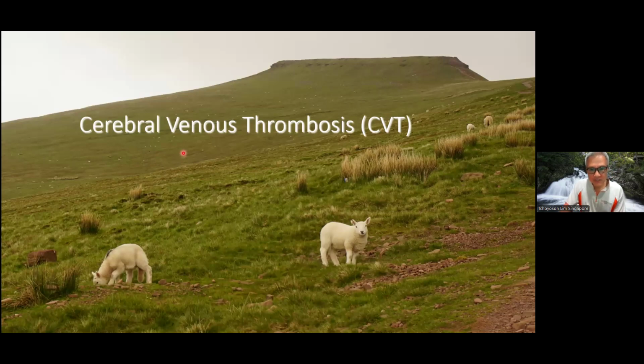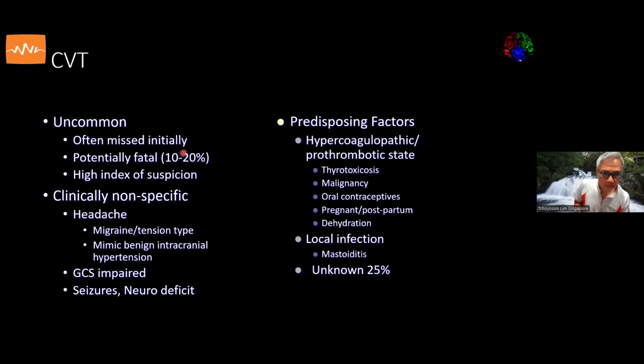When cerebral venous thrombosis occurs and the clot, the occlusion, forms not on the arterial side, but on the venous side, this also gives rise to abnormal findings that we radiologists would be very interested to see and to make the